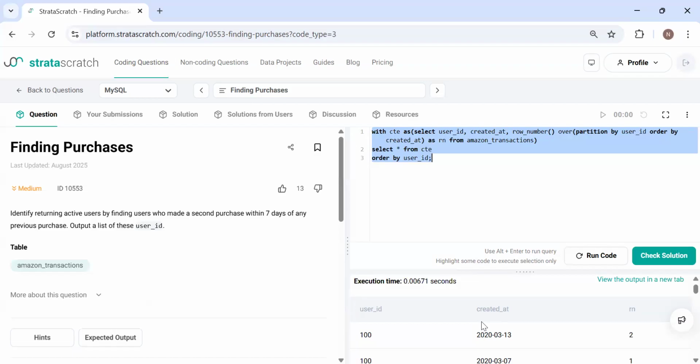print out the user IDs who have made purchases within 7 days, any two purchases. Okay, so let's see how we are going to do it. First of all, let's remove this for now, and I'm going to write down from CTE, let's name this as T1, join. I'm doing a self join with the same table. So I'm creating two instances of the same table, that is the CTE table, CTE, and let's name this as T2